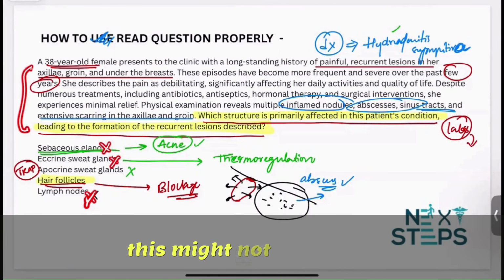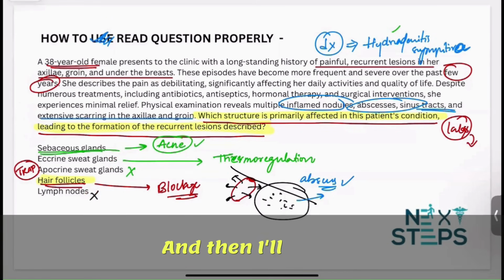For this question, this might not be helpful. In differentials, it will be helpful a lot. Okay, and then I'll mark the answer. This will avoid your silly mistakes majorly. The last step which I'm saying, seeing the things that you have highlighted and then marking the question before you leave the question, will avoid the silly mistakes that you guys complain a lot about. Okay, all right, so that's how you have to read a question, and after answering a block, how to analyze if you made a wrong answer, I think I've already discussed in the previous slide.